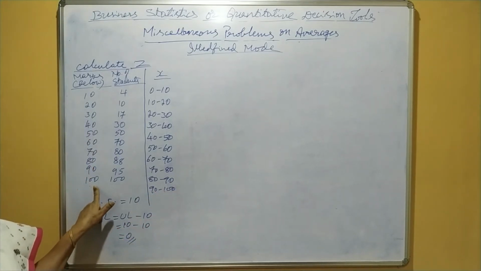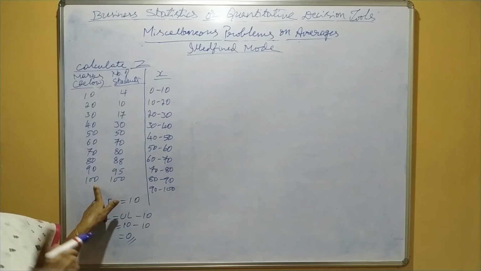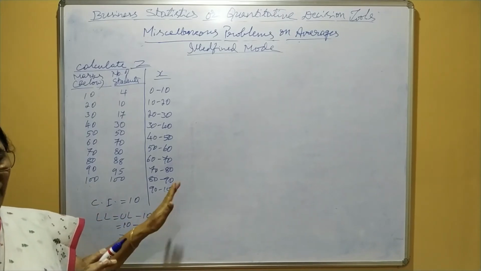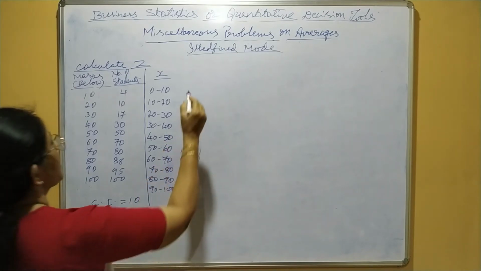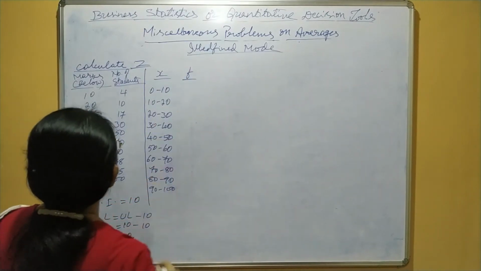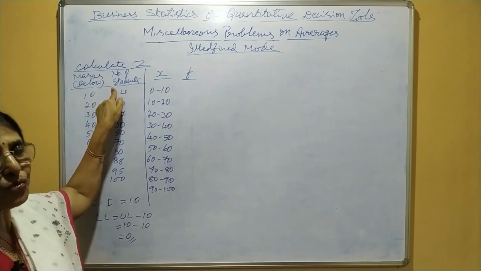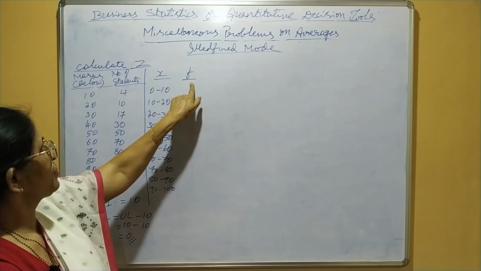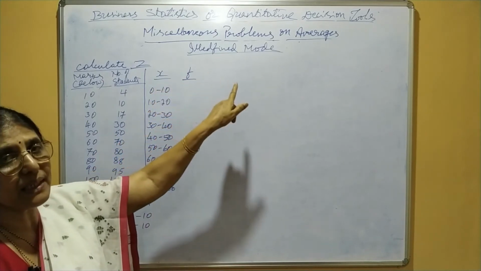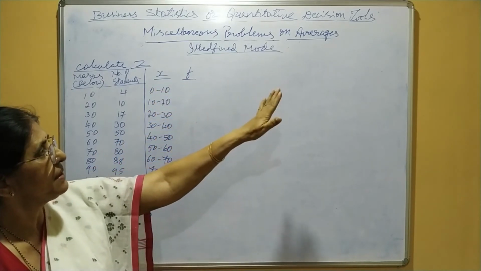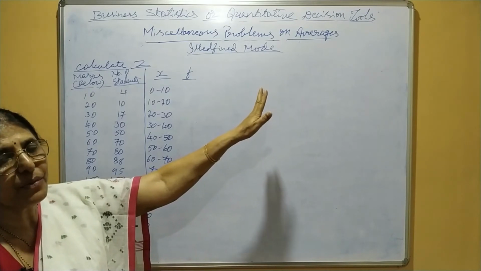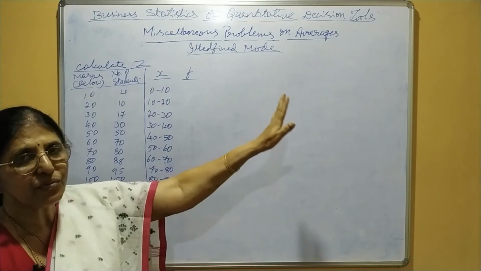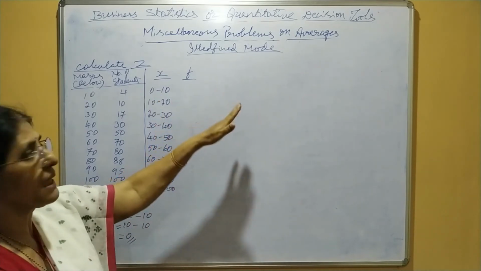Here 100 is the upper limit of the last class. You have to stop at that point. Now frequencies means number of students. Here you have to write marks and number of students, then in bracket you have to write x and f. Otherwise, in the beginning itself you may write let marks equals x and number of students equals f. Then you may take like this only.